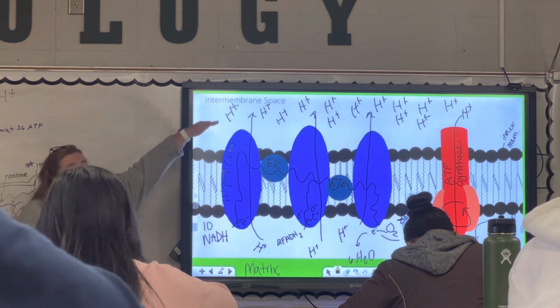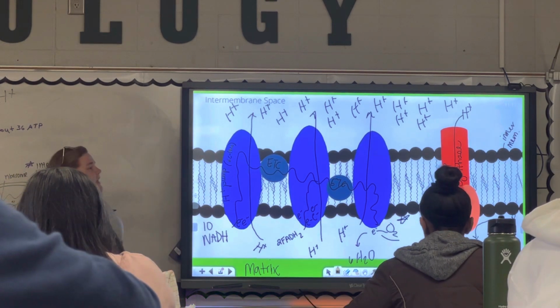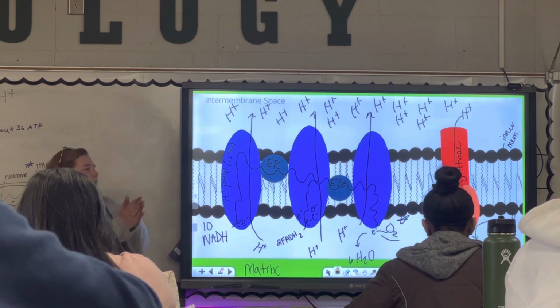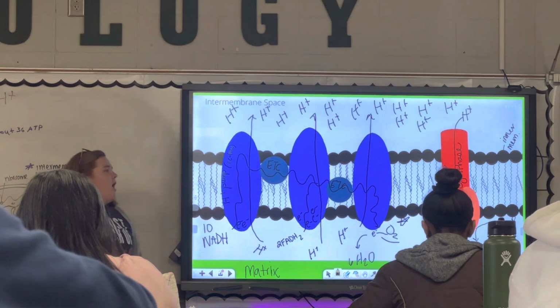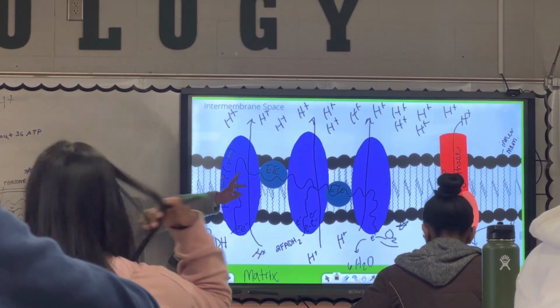They're going to flow through ATP synthase one at a time, causing it to rotate, sucking in ADP and phosphate, putting them together to make ATP. We're going to get 32 to 34. There's a range because scientists are arrogant and they can't